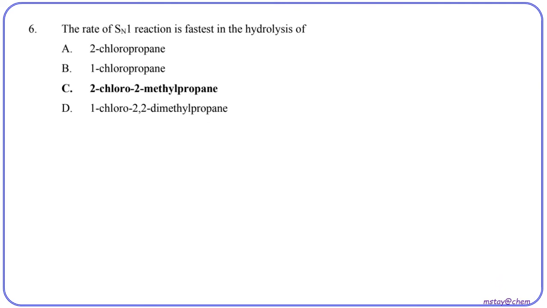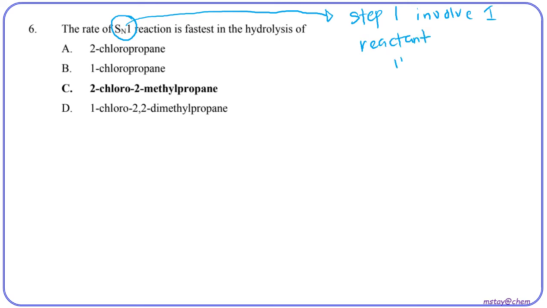Okay, question number 6, SN1. SN1 means that only one reactant is involved in step 1, and this reactant tends to form a carbocation. If a carbocation is formed, the tertiary carbocation is the most stable. So if we want the fastest SN1, it supposedly is the tertiary